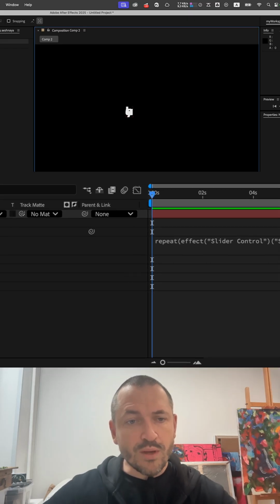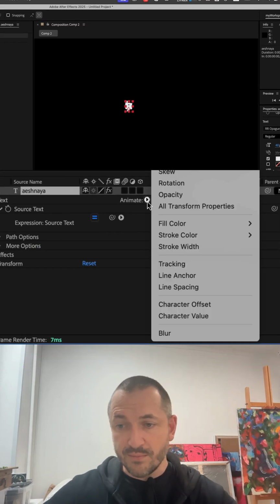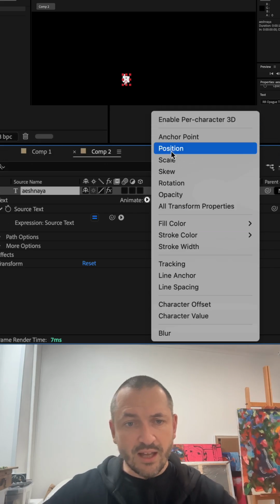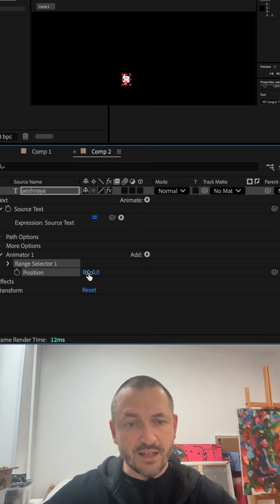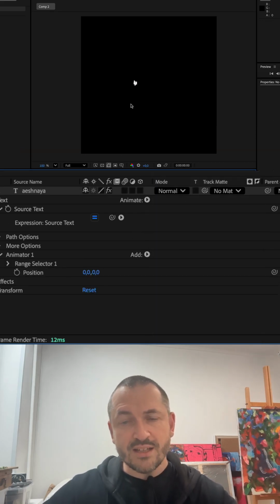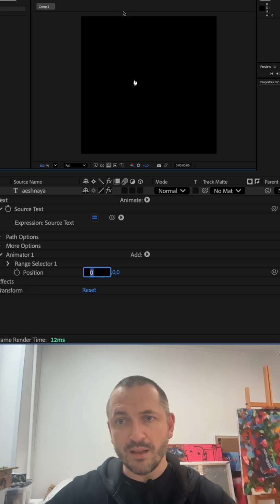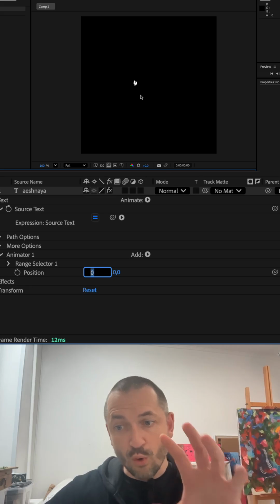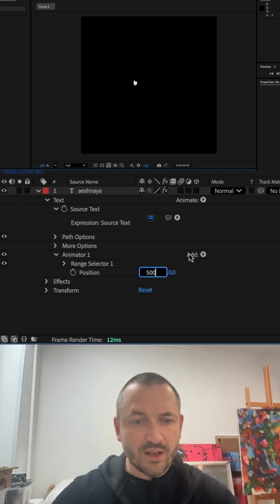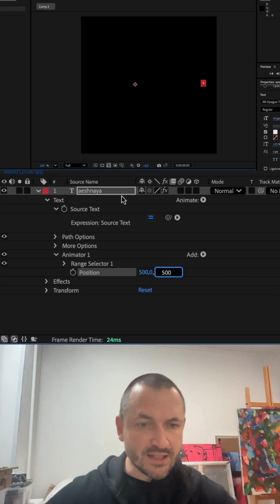Second step, we need to make a text animator, and we'll make position, and here you need to write half the size of the screen. If you want your graphics to bubble across the whole screen, 500 is my case here.